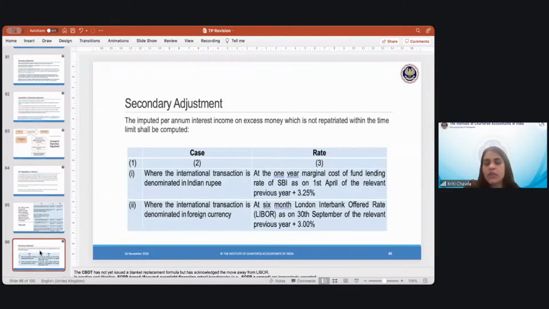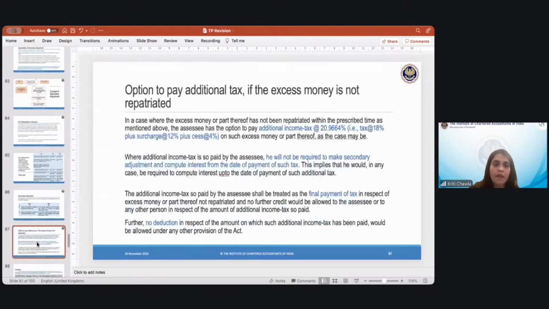And this is where, if the international transaction is in Indian rupee, then it's SBI, and where it is denominated in foreign currency, well, the law says LIBOR, but CBDT has not yet issued a blanket replacement formula, though they have acknowledged that they're moving away from LIBOR, etc. Now, another thing that they have mentioned is what if this is not repatriated within the time limit? Well, then you have an option also,